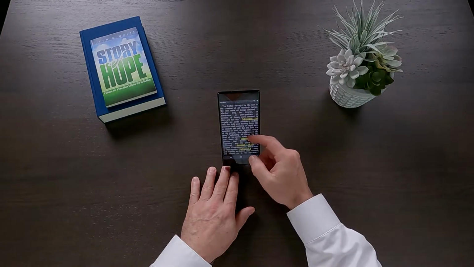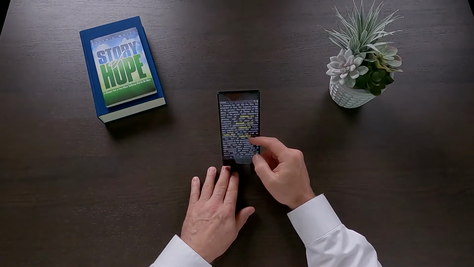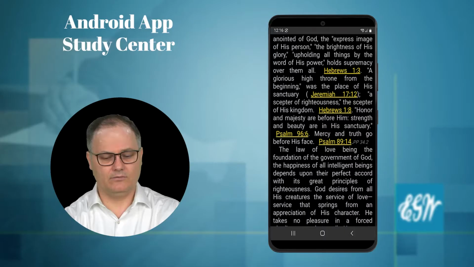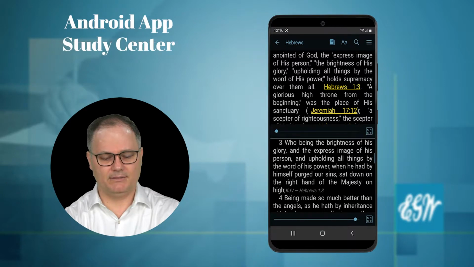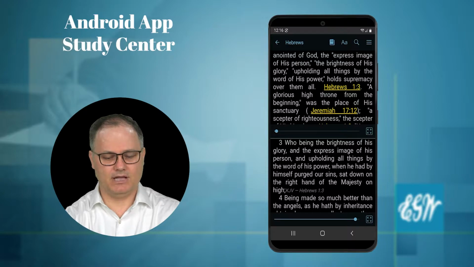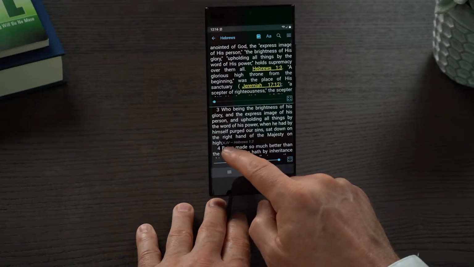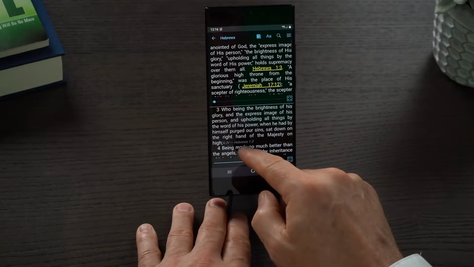Now, to show you how to do that, let's dive right in. So in the reader here, as I'm reading through the chapter, you'll notice that you'll see lots of Bible links. If I click on a Bible link, in the reader it will open up to a split screen mode. You can see here that on the bottom half of the screen, I have Hebrews 1:3, and you can see at the end of the verse it is listing the KJV Bible, the book of Hebrews,